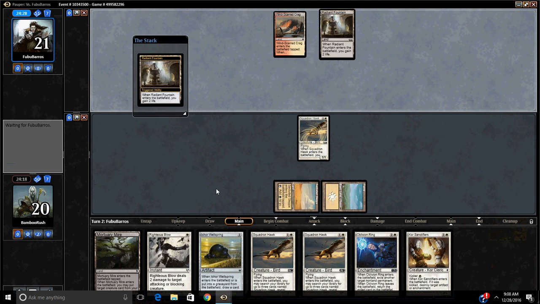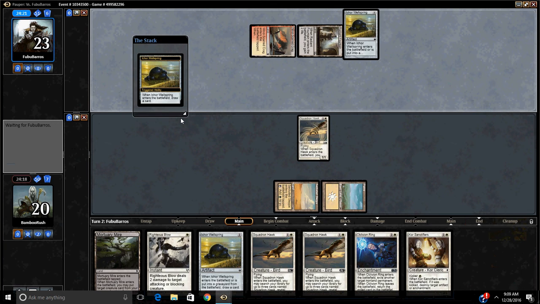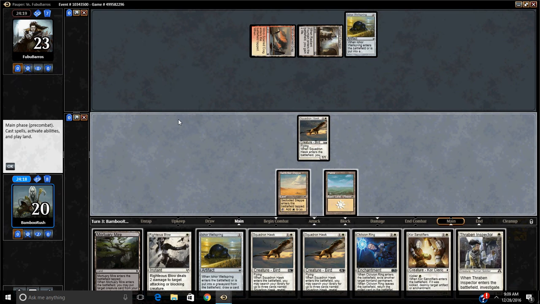Radiant Fountain. Yeah, so I think this definitely is a core Skyfisher type of deck. I think it's Coldotha Boros. Yeah, this will be great to see if we can actually match wits with them. Because right now...